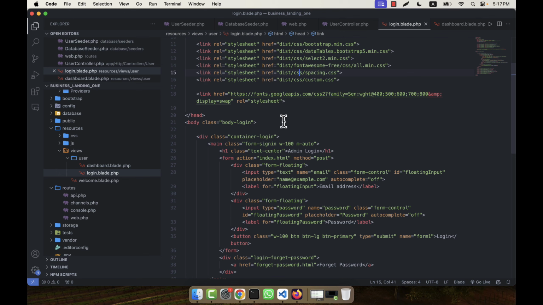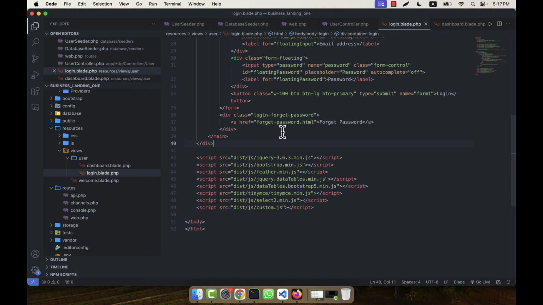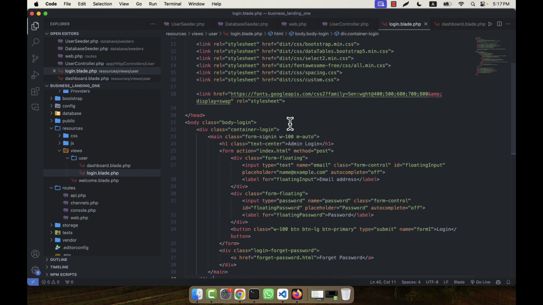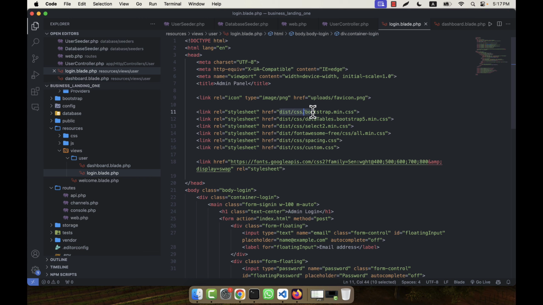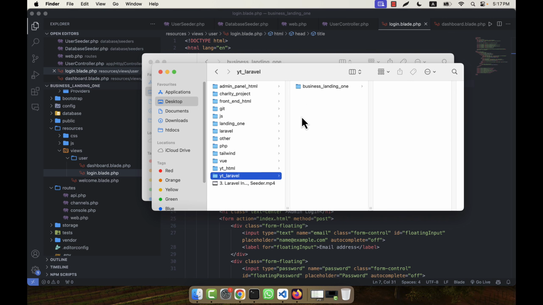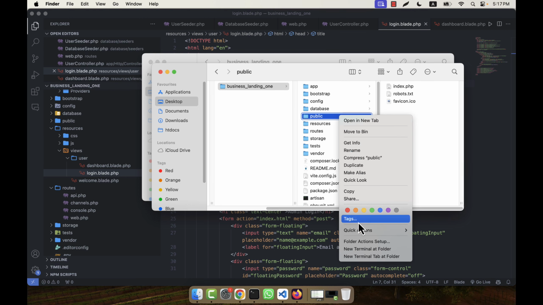So body class equal to body login, and all other things are showing here, right? So it is working. Okay, now you see there are some distribution files, bootstrap, data table, select, etc. that I used here. As I am going to use the blade file, this type of thing will not work. I will upload everything. On the desktop, in Laravel, there is a public folder. In the public folder I am going to create